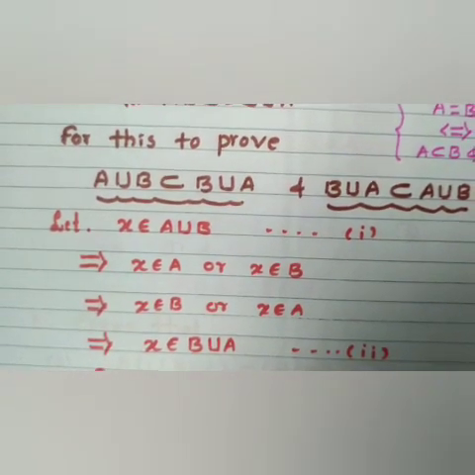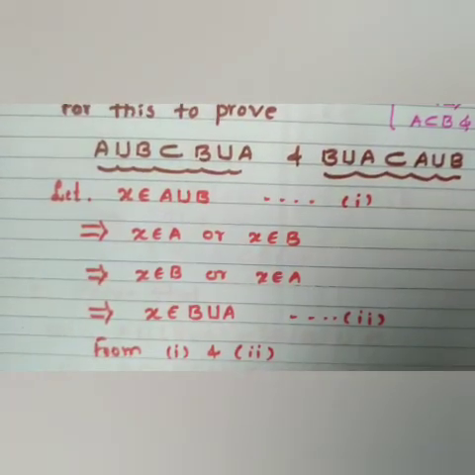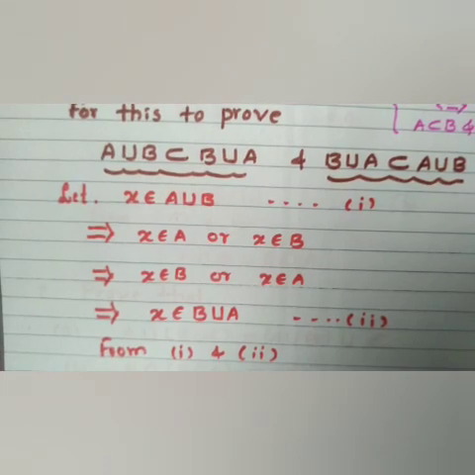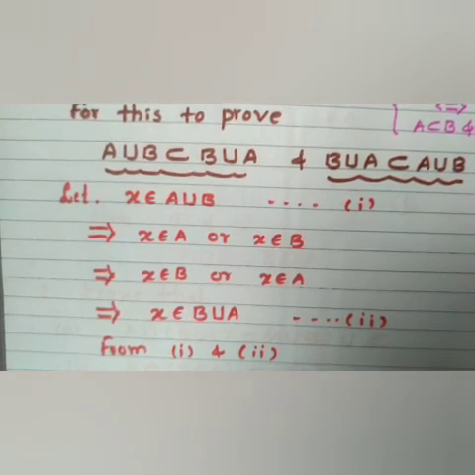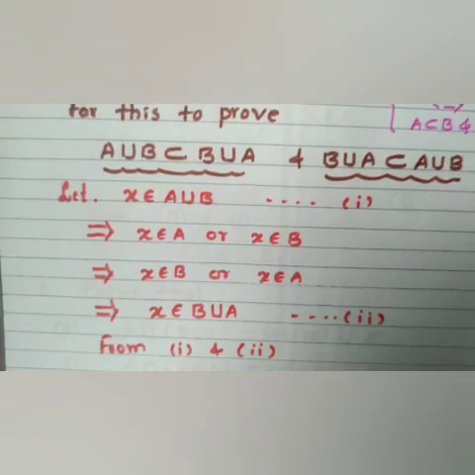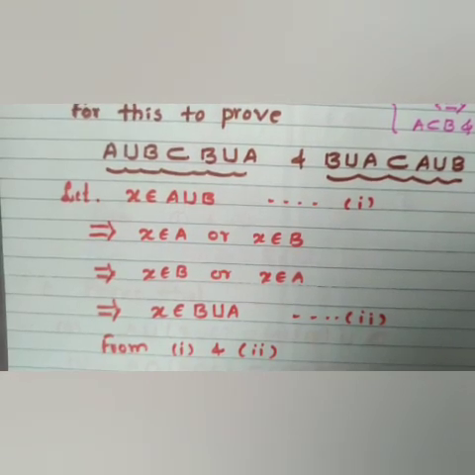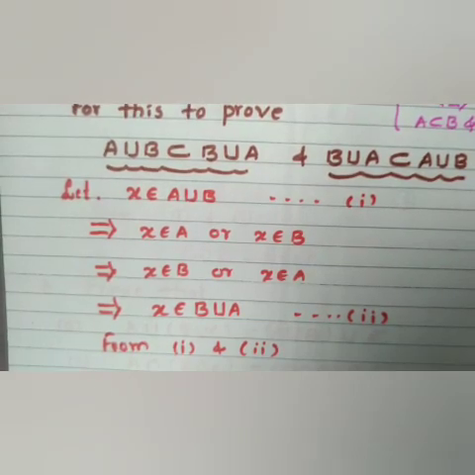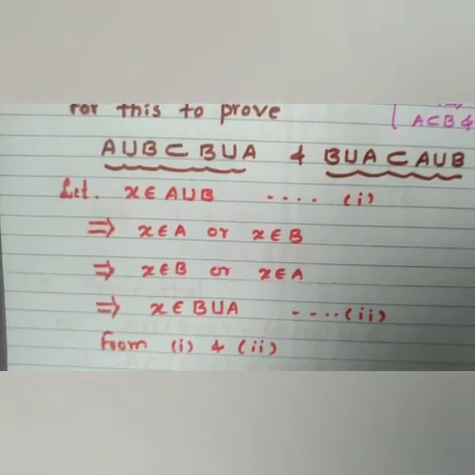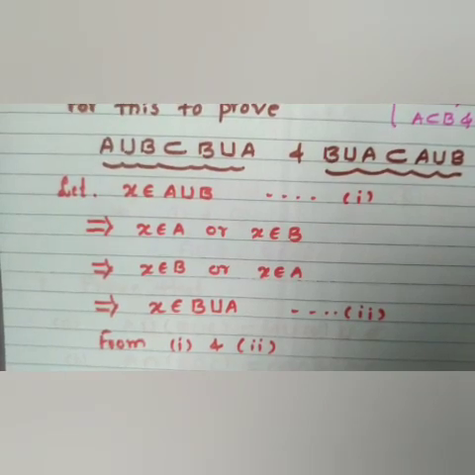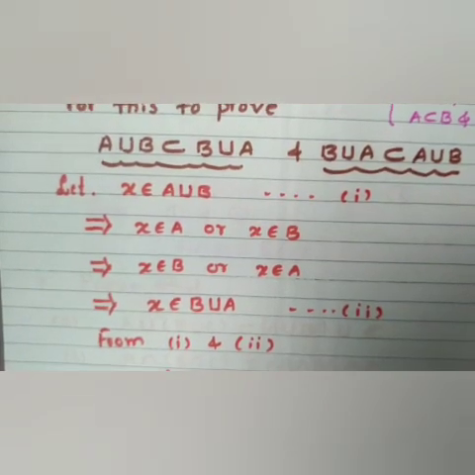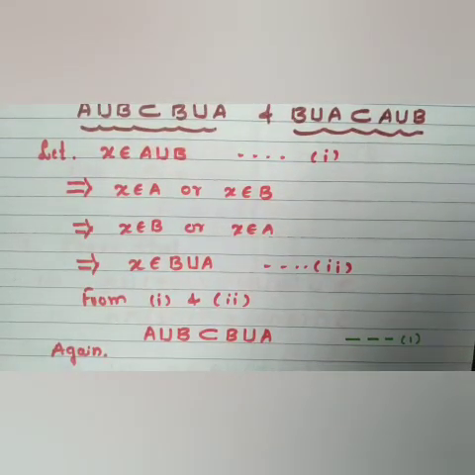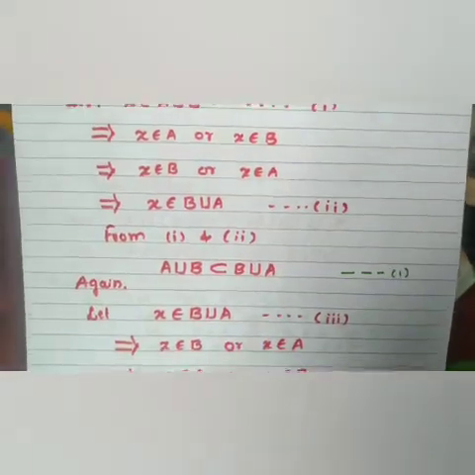element of B. So, there is a middle OR, therefore we can say X belongs to A or X belongs to B, as X belongs to B or X belongs to A. Combining them, you get X belongs to B union A. Our work started from X belongs to A union B, calling this 1, and the work ends here: X belongs to B union A. From 1 and 2 it is clear that A union B is a subset of B union A. Call this expression A1.